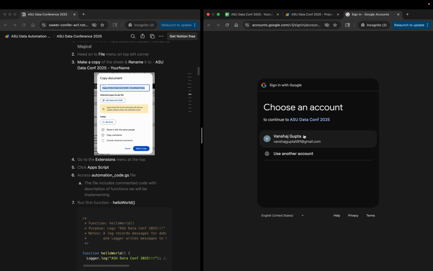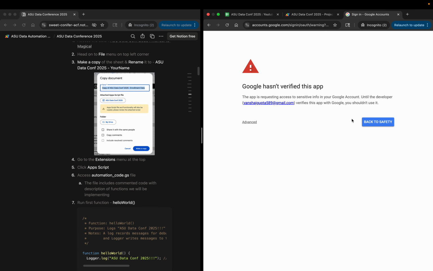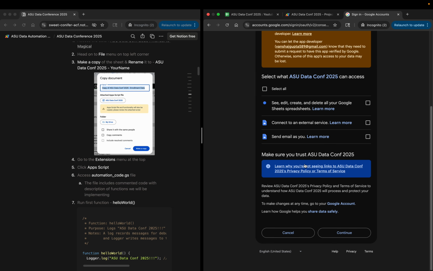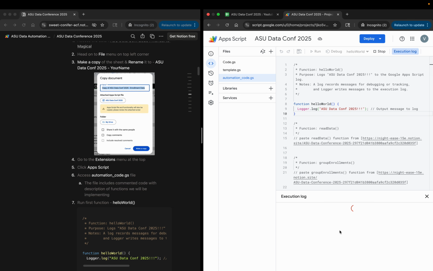Review the permissions, follow the steps, follow the instructions provided here, select all the permissions and continue. This will allow app scripts to run on your browser, and you can see we have the output available here. This is ASU Data Conference 2025 printed right on the execution log.